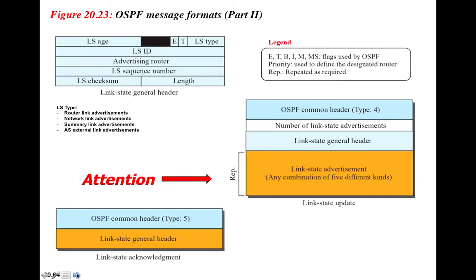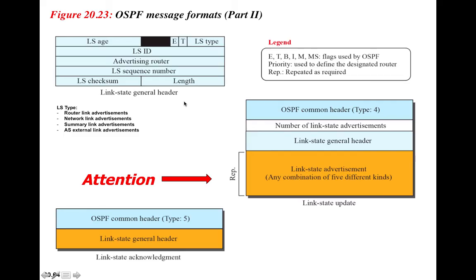Okay, and if you want to see the link state general header, this is the link state general header. So it'll tell you the link state age, type, okay, and the type is given here: router link, network link, summary link, or AS external link. It'll tell us the link state ID of the information that we are requesting. It'll tell you which router is advertising the details of this link state,